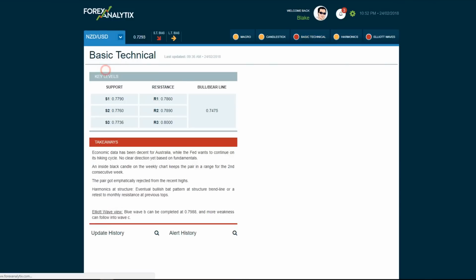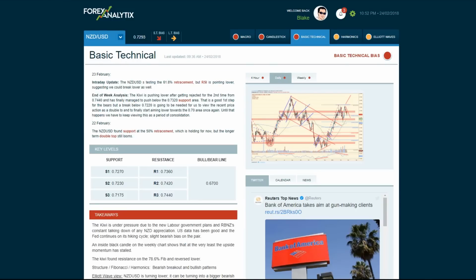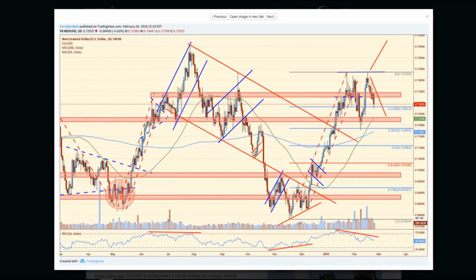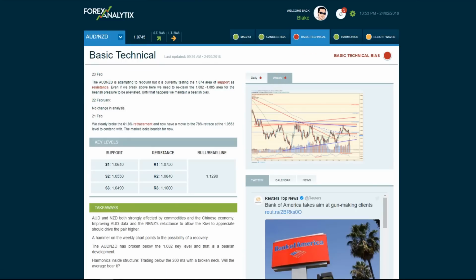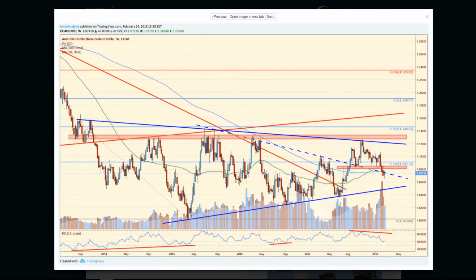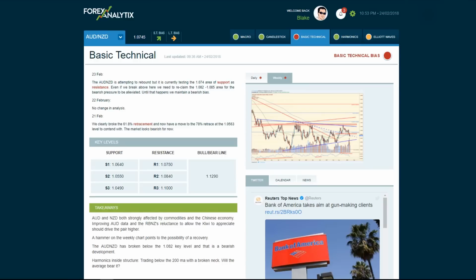The Kiwi dollar has actually been outperforming the Aussie. Now, if you look at the Kiwi dollar and you go, wow, it really has been outperforming the Aussie, you could see it in the Aussie New Zealand. By the way, I'll come back to the Kiwi dollar. The Aussie New Zealand, as you see here, we still have some downside. It's possible that the Aussie New Zealand trades back down to 105, and that means that the Kiwi dollar might continue to outperform the Aussie, at least for a while.